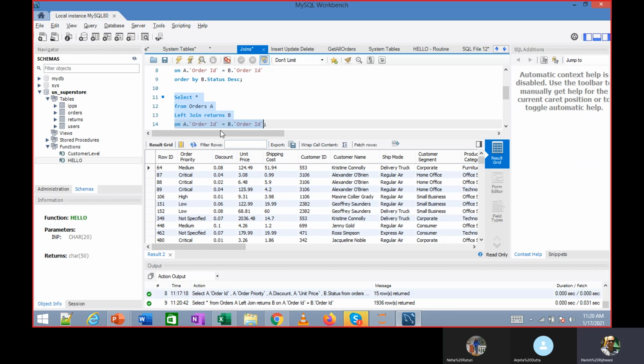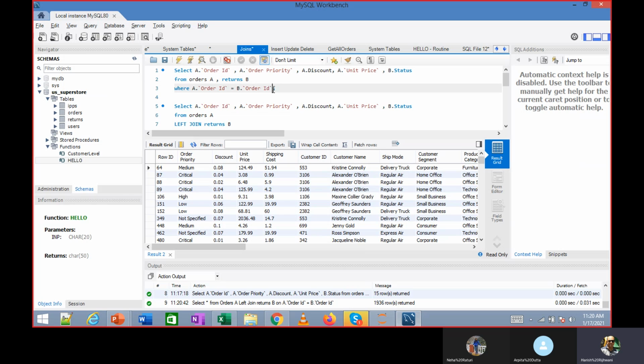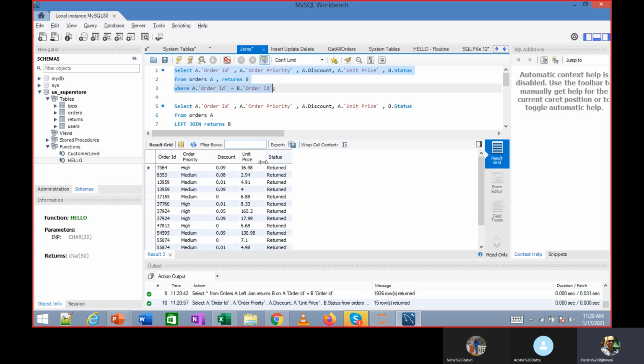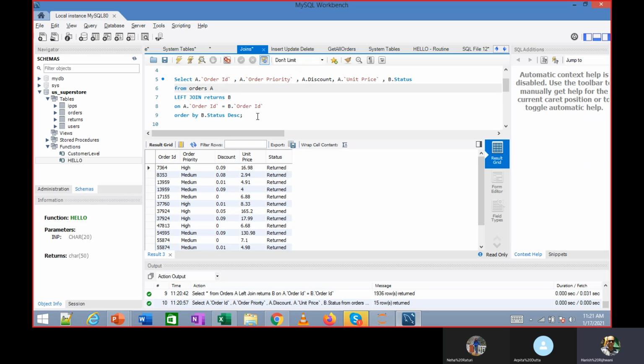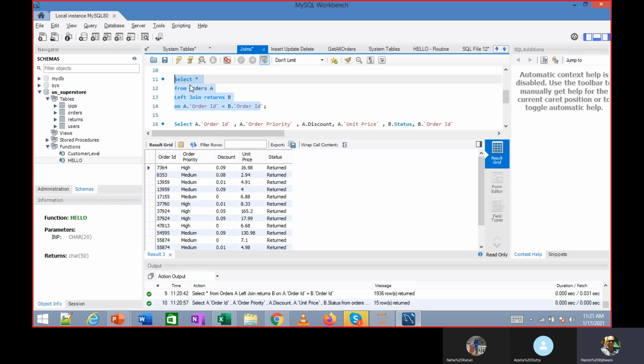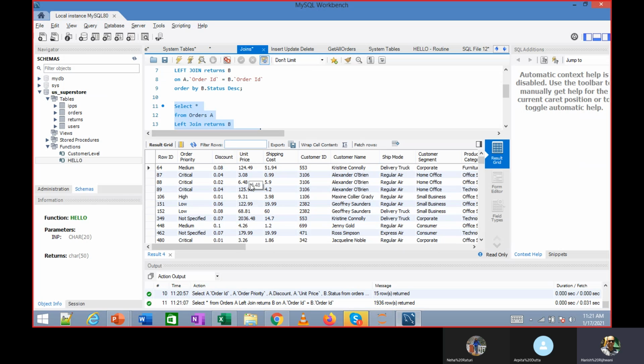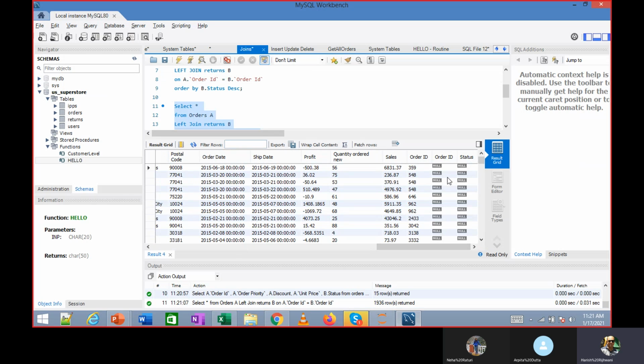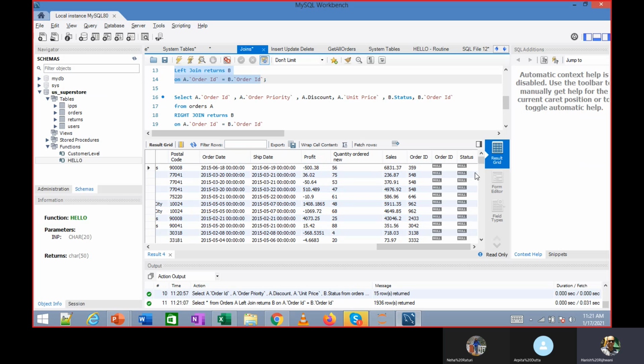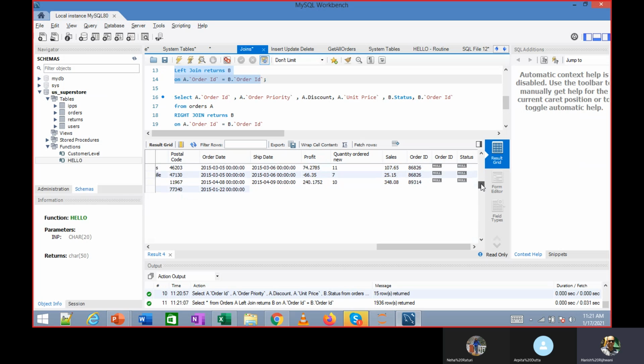Earlier, when we ran the first query, we got only the records which are common, like an inner join. Here I'm getting all records, but on the right hand side I will get only records for the ones which match. So you see this order ID and status is null because this is not there in the returns.